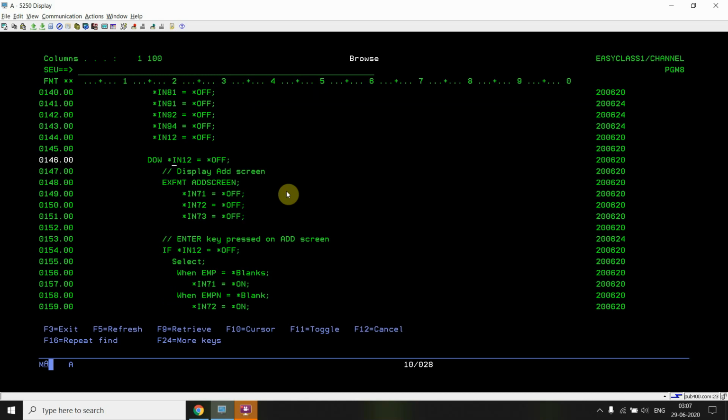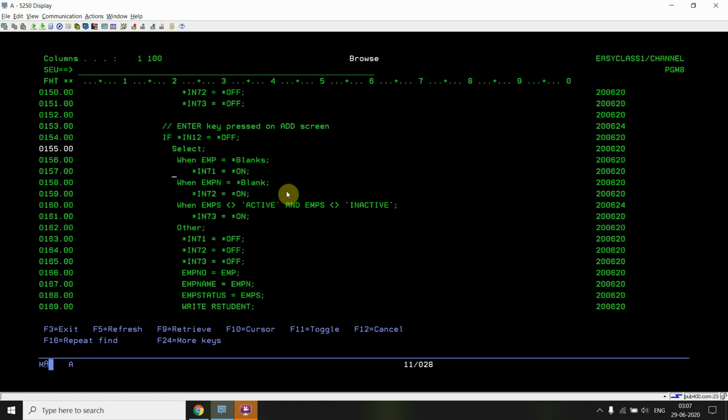As long as F12 is off, it will execute the format for the add screen, and these are the indicators for the error messages. With F12 off, we check whether the employee name is blank, the employee number is blank, or the employee status is not equal to active or inactive. Then we set these indicators to on so that we see those error messages on the add screen itself.